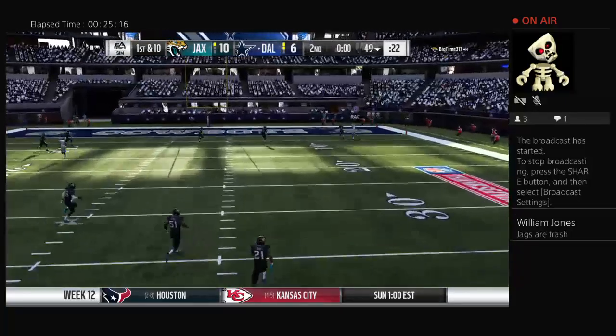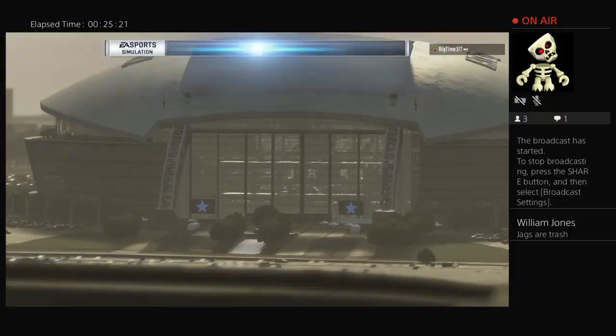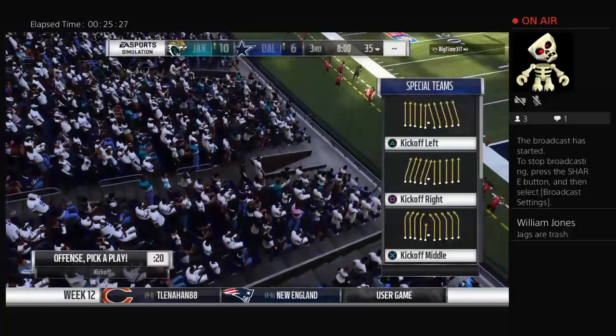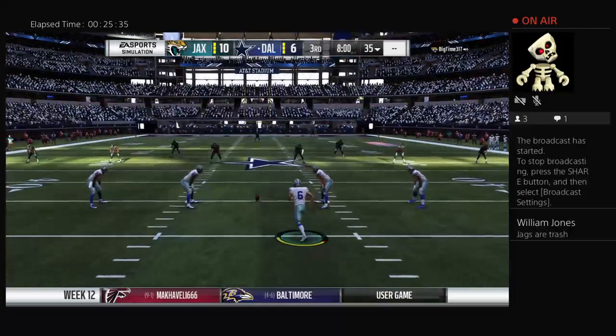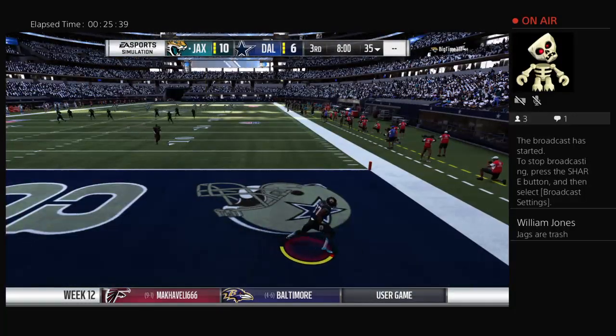He sets to fire deep. And incomplete on the deep ball. So we've hit halftime on Turkey Day. We now proceed to the start of the second half. All right, Coach, thank you, and we welcome everyone back for quarter number 3. The Jaguars in possession of the lead, and they will get the football as we are underway in this second